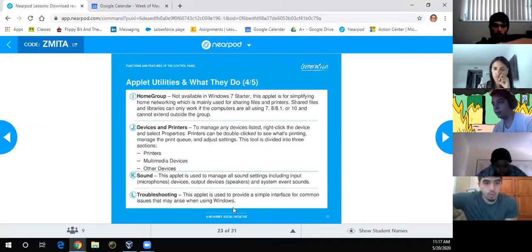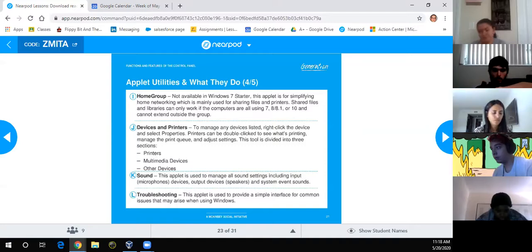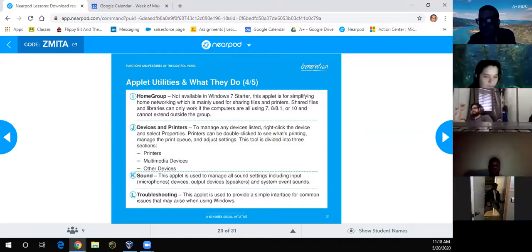Troubleshooting. This applet obviously is a simple interface to resolve common issues that may arise. So when you hit troubleshooting, it starts searching and looking and trying to diagnose any problems that it may be having. Any questions? Doubts? So,